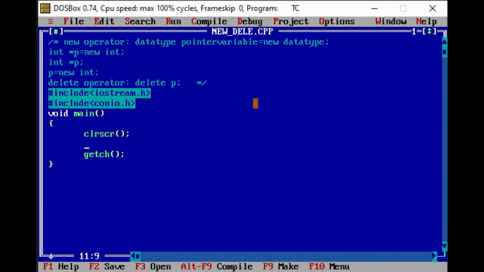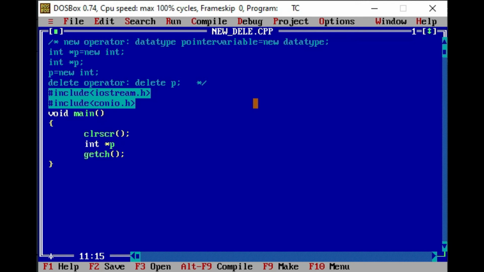So first of all, here we want to use the new keyword for allocating the memory. Then after getting the memory, we will store some data into that allocated memory, and then we will display the address as well as the value. So first of all I am writing int *p, suppose.